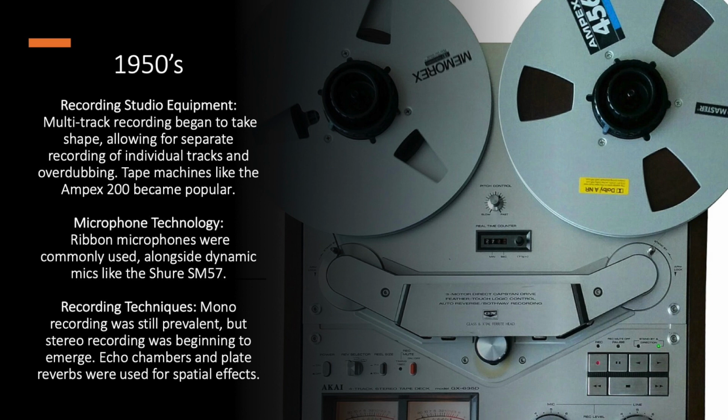Condenser microphones. Condenser microphones, which use a diaphragm and a backplate to convert sound waves into electrical signals, also saw advancements in the 1950s. Early condenser microphones required external power sources, such as batteries or external power supplies, but by the end of the decade, self-biased condenser microphones were developed, eliminating the need for external power. Condenser microphones offered greater sensitivity and frequency response compared to dynamic microphones, making them popular choices for recording vocals and